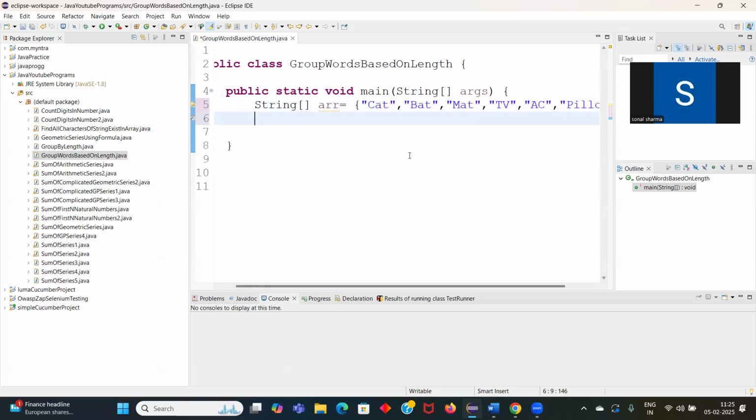Now we have to return a hash map containing the key, which is the length, and the values, which are the words having that length. So we will be returning a hash map, and that hash map will be of type: our key will be of type Integer, and our value is of type